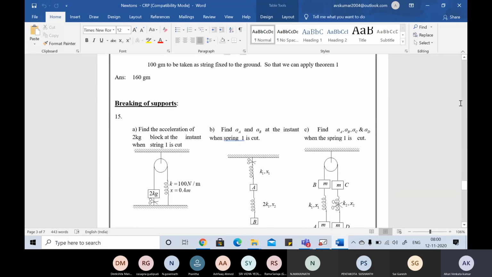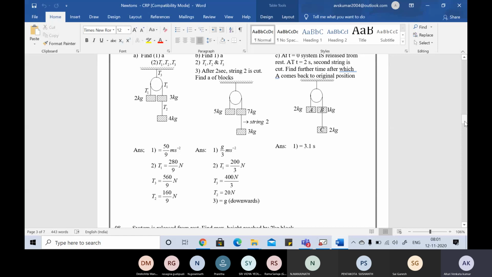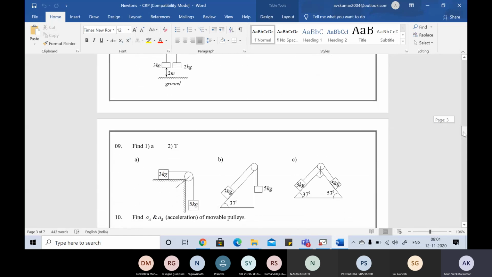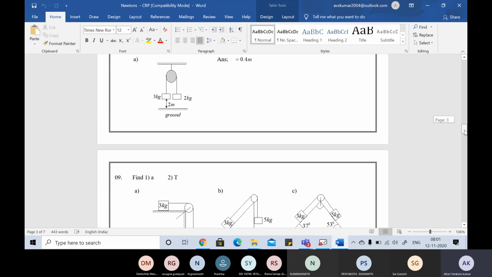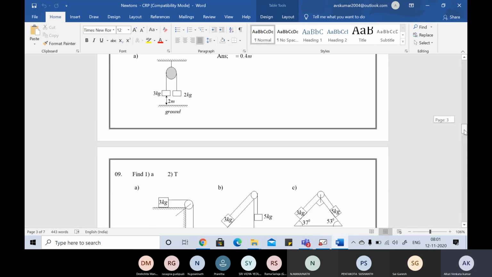Okay, that's all. Today's homework is this one: 7th C, then 8, 9. 9 ABC. All of you should do it. If you have any doubts, please ask me in tomorrow's morning class.